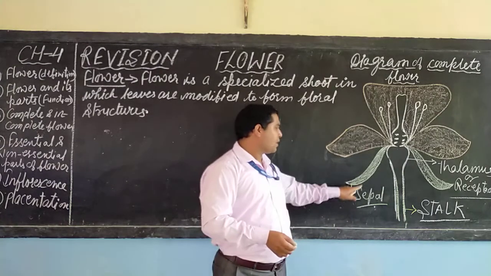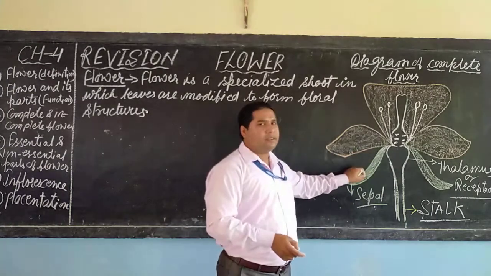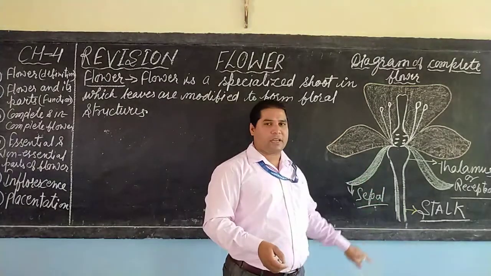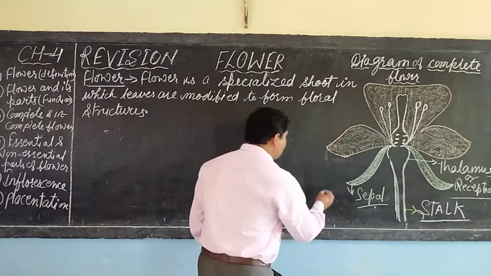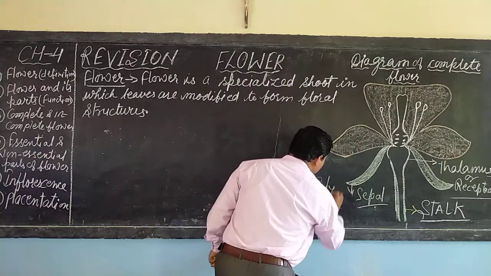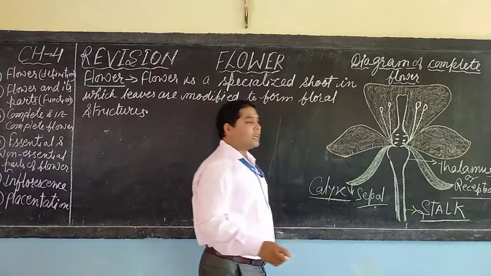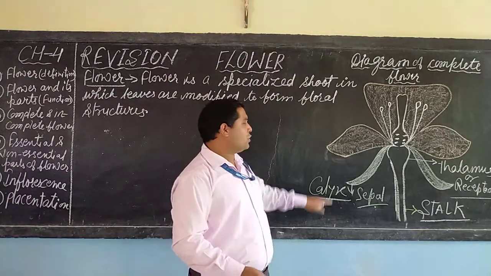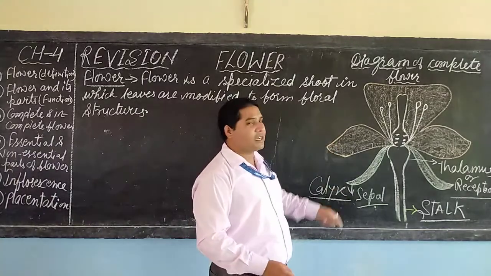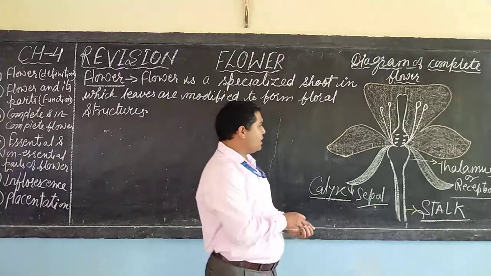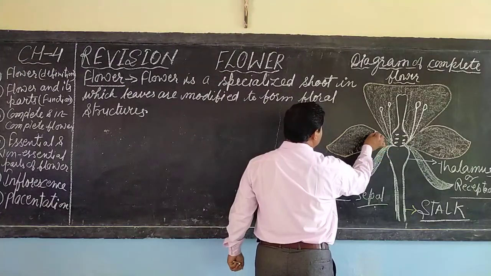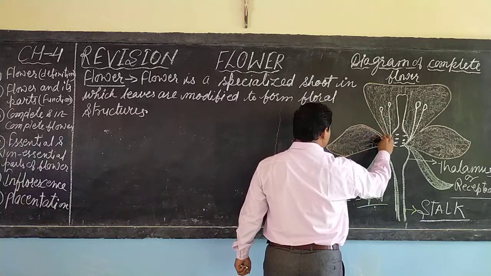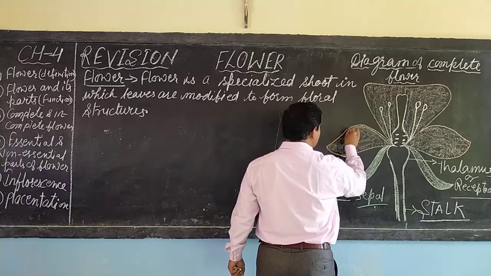Now dear student, one leafy structure is known as sepal, and a collection of the sepals is known as calyx. Calyx means the collective form of the sepals. Let us proceed to the second part of the flower, which is the colored part. It is one of the most important parts and plays an important role in the flower.